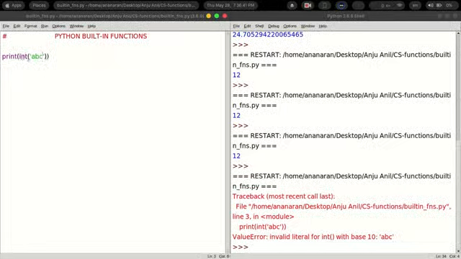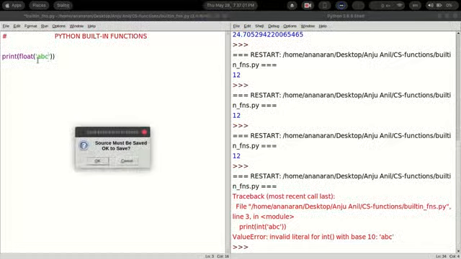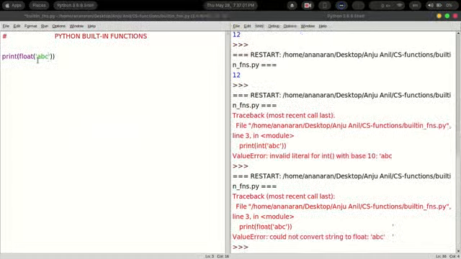Similarly, the next one is your float. Float means the decimal value. So what you will do here is, if you are having any decimal value here, suppose we see float itself, if you are using ABC, the same kind of error you can get. But if you are using any other value, that is numbers over here, suppose I use 12 itself, let us see what I will get as the output.